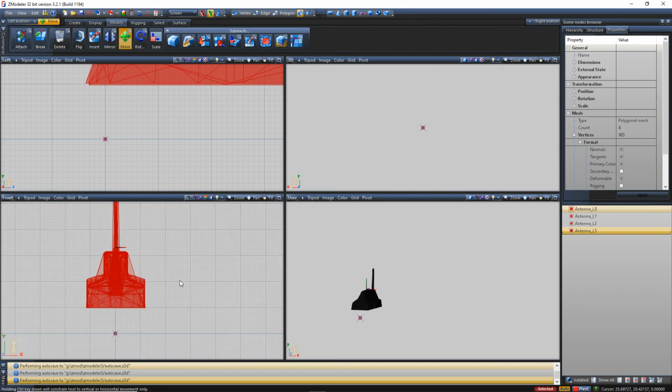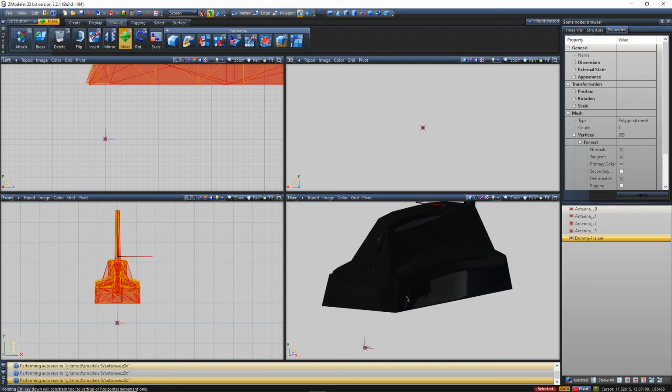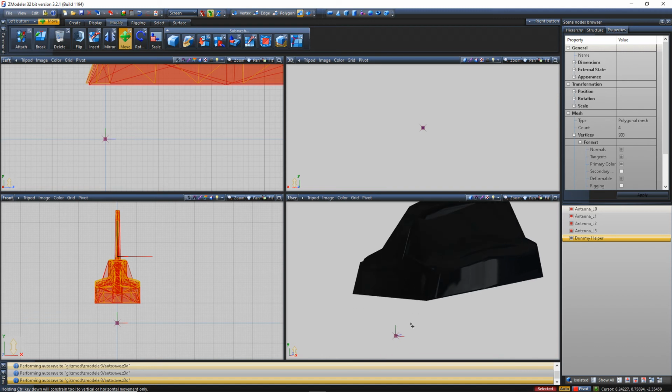Now next what we're going to want to do is make a dummy. Your dummy helper button right here allows you to create a dummy. Now again, the dummy is going to be very small and this object is not scaled down how it should be, but that's okay. Dummy size does not necessarily matter unless you're setting up non-ELS lights,